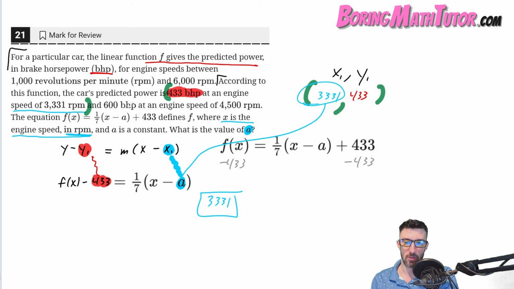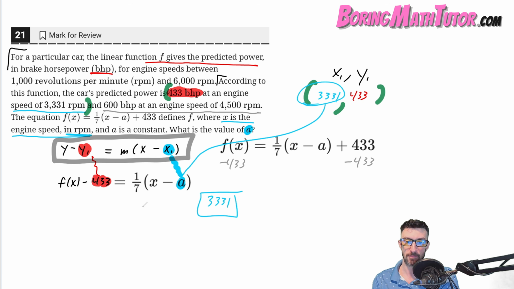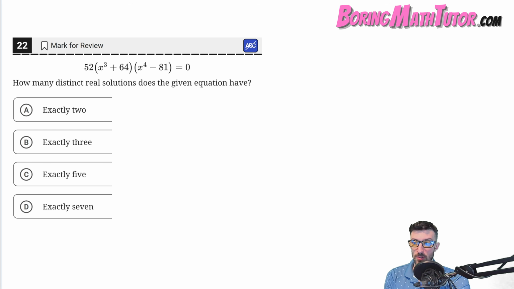Now, of course, they gave you a little bit of extra info here that we didn't end up using, but all we really needed to do was a clever use of the y minus y1 equals m times x minus x1 formula. All right, this one's extremely easy to do on Desmos, but if you want it to be even